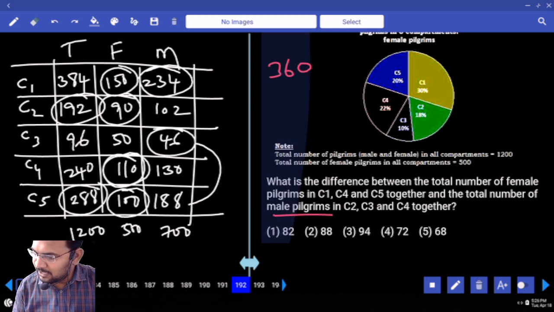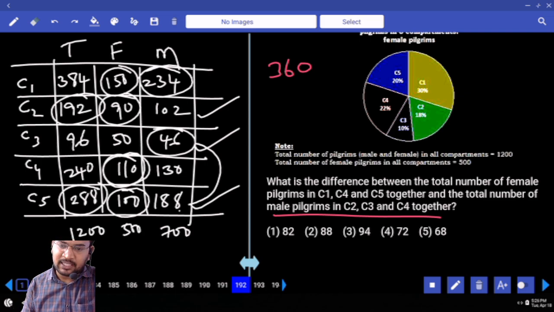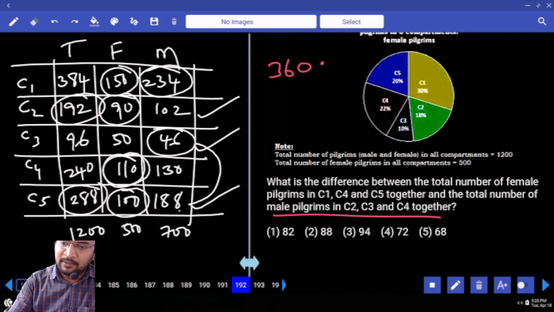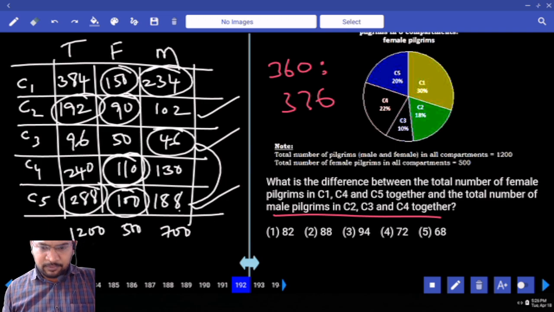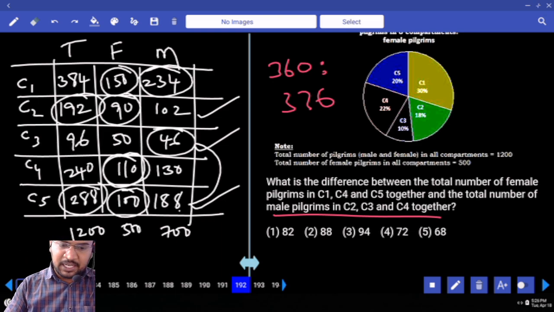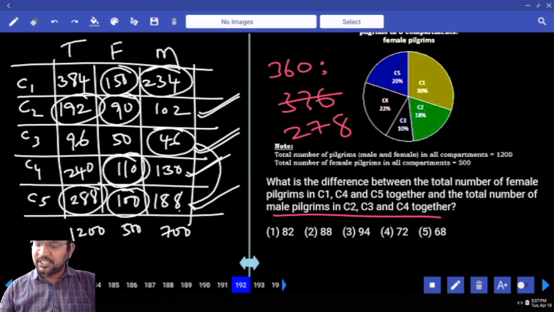Now male pilgrims C2, C3, C4: C2 is 102, C3 is 46, that is 148. 148 plus C4, which is 130, gives 278. Difference is how much? The difference is 82. Your answer is